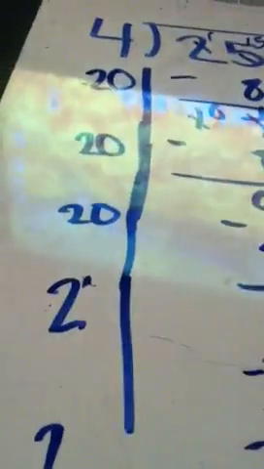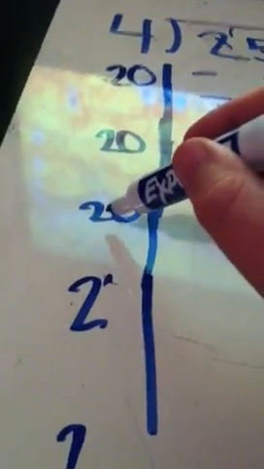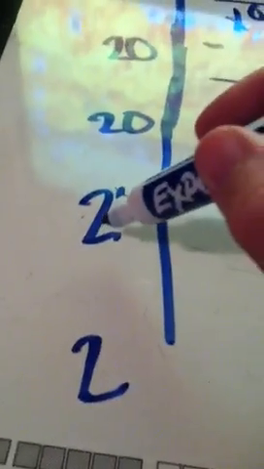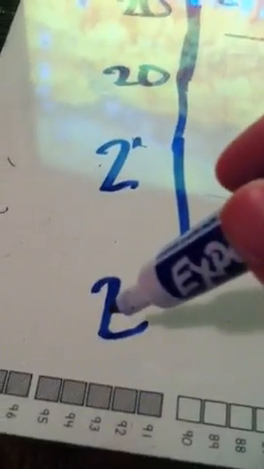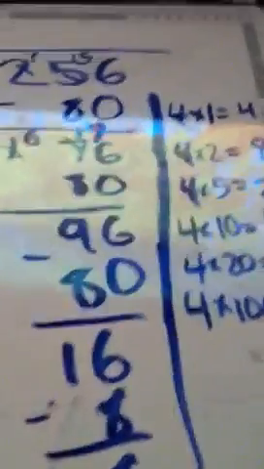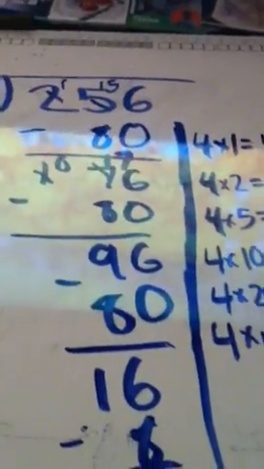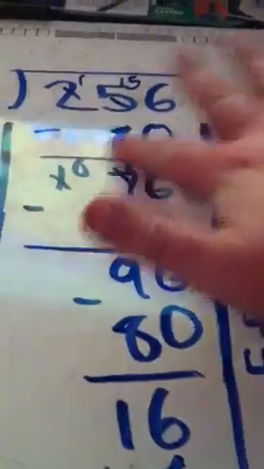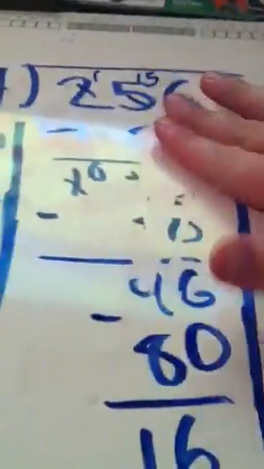Where you're going to get your quotient, or your answer, is you're going to take these numbers on the side that are on the left and add them up. So you're going to say 20 plus 20 is 40, 40 plus 20 is 60, 60 plus 4 is 64. Okay? Now, the other option you have with this type of problem, I'm going to erase this here really quick,